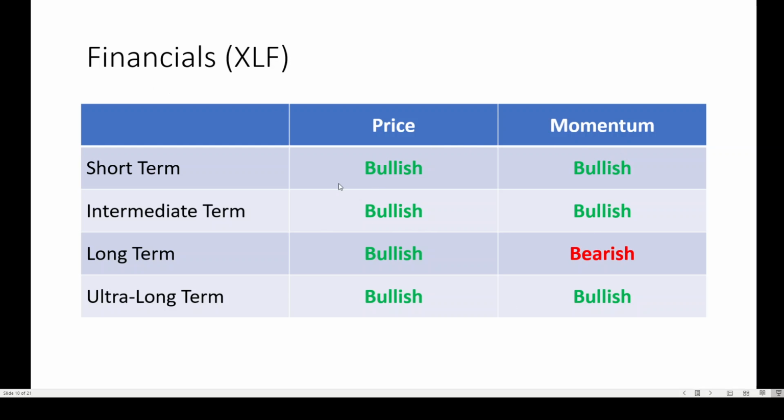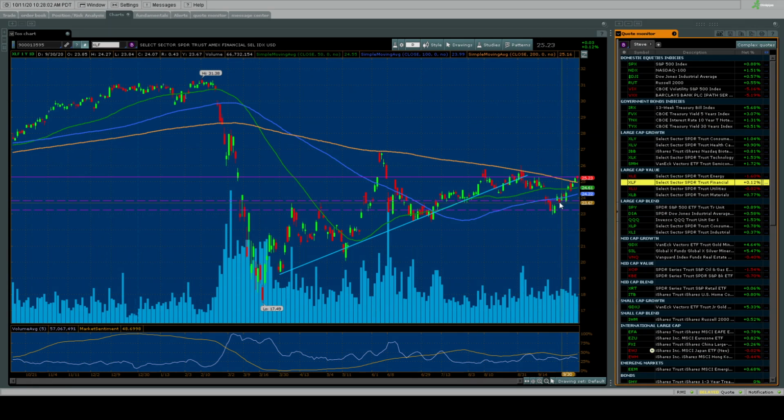Financials are bullish, so you can see that short term, intermediate term, pretty much almost across the board, financials are bullish, suggesting economic recovery, suggesting inflation. Well, let's take a look at what's going on in the financials. It bounced right off of the supply zone between 23 and 24 and just crossed right through 3 moving averages and hit the top of what has been very consistent resistance in the financial stocks. On XLF, that's right around